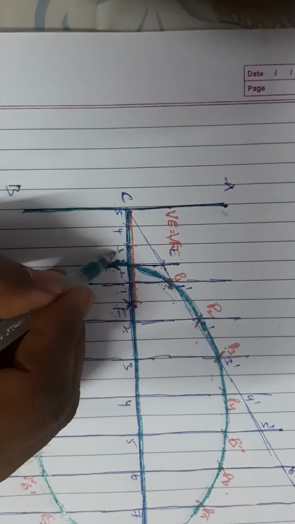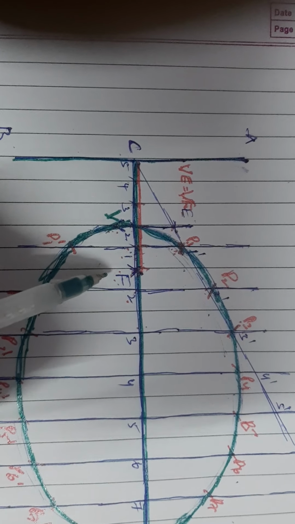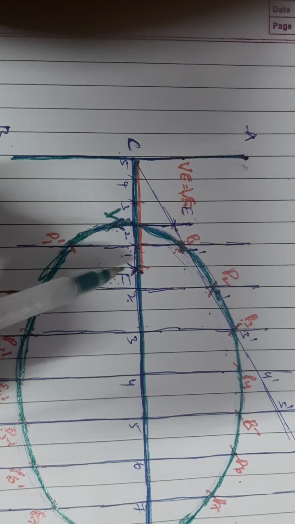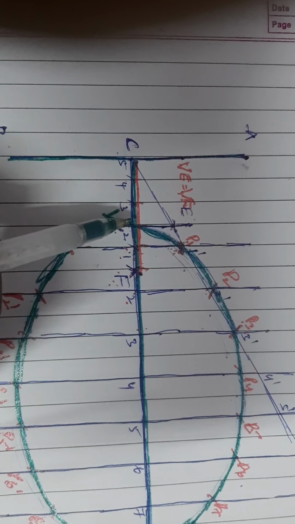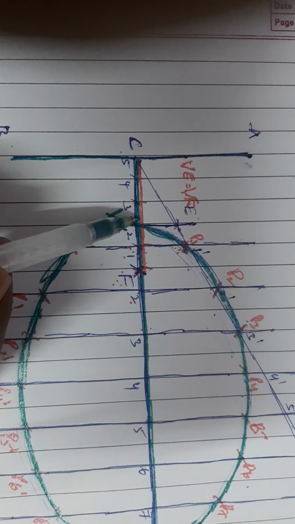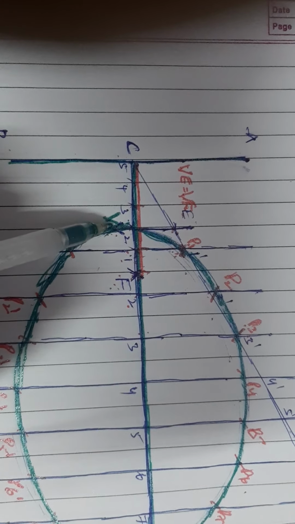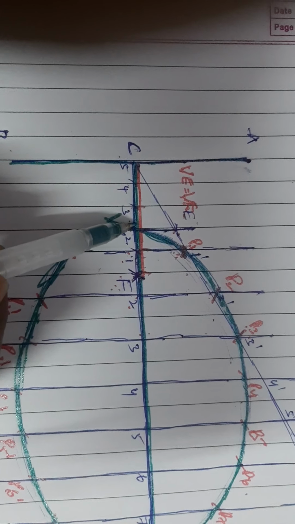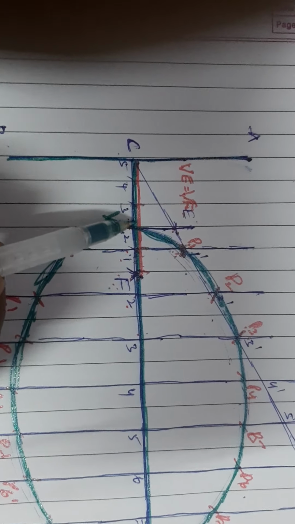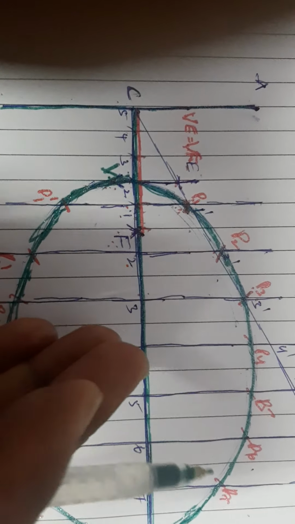So to construct a parabola, first we need to draw the vertical line as directrix, and next the horizontal line as axis, and after that we need to locate the focus, and next you need to identify the midpoint of CF. Now that midpoint itself represents the vertex. So after locating the vertex, we just repeat the same procedure as we followed to construct this ellipse. By repeating this procedure, you are going to get the curve called parabola.